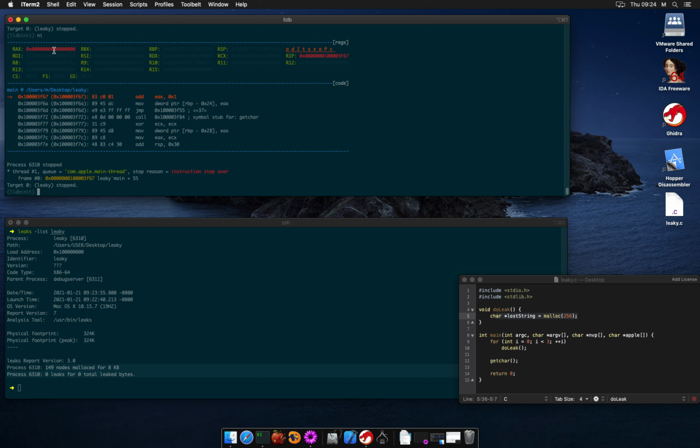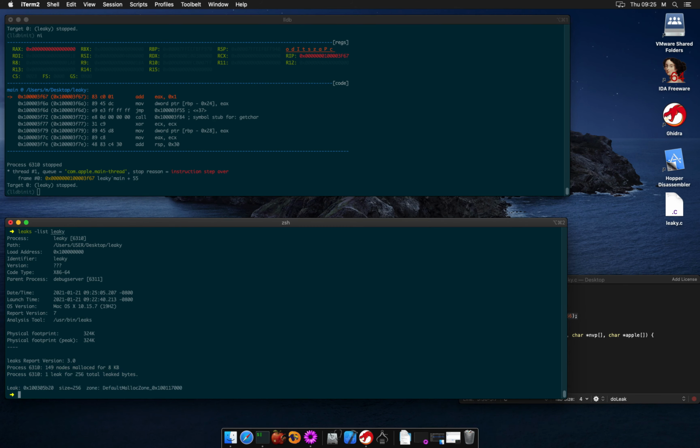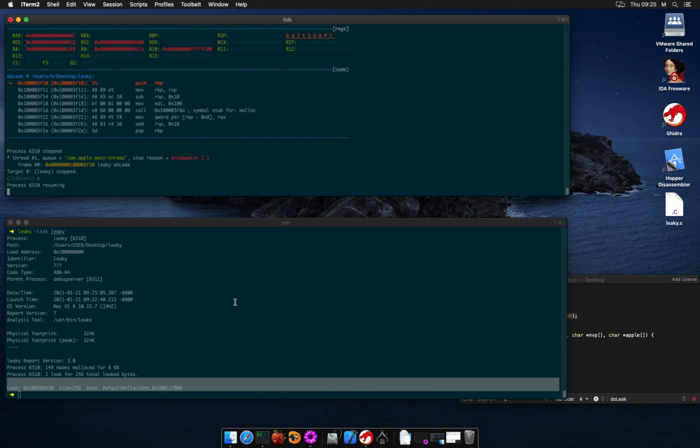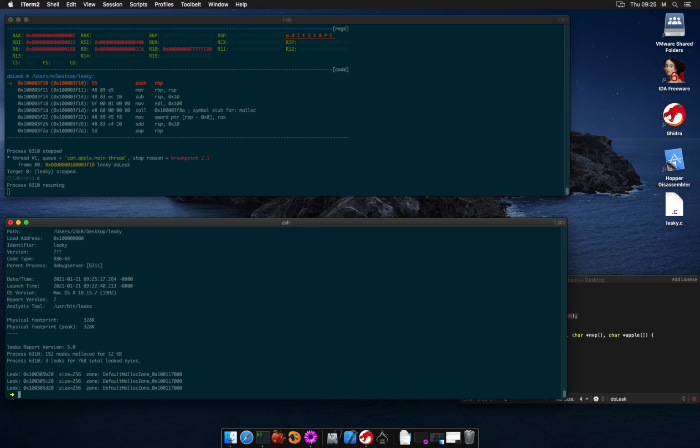After that instruction, there's definitely no way for the application to know about the memory block. If we check the leaks, as expected, we should see the first leak. Allow the application to continue execution. In the end, we have all 3 memory leaks here.